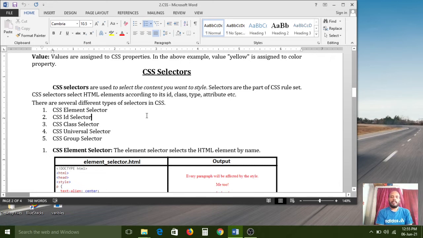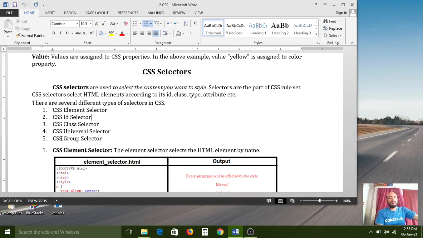There are several different types of selectors in CSS. The first one is the CSS element selector, then the CSS ID selector, CSS class selector, CSS universal selector, and CSS group selector. Nothing but we have 5 selectors.